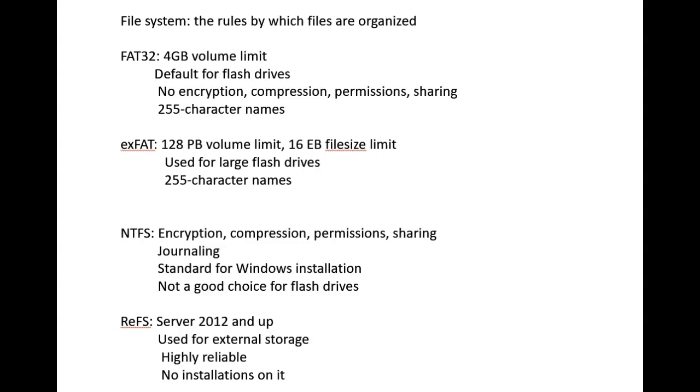The NTFS file system does support encryption, compression, permissions, and sharing. It also does something called journaling. By journaling, we mean that it keeps track of the changes when you write to that flash or to that disk, whatever that disk is.